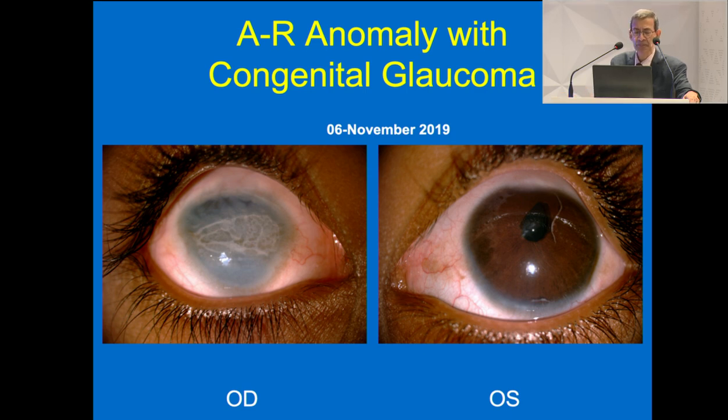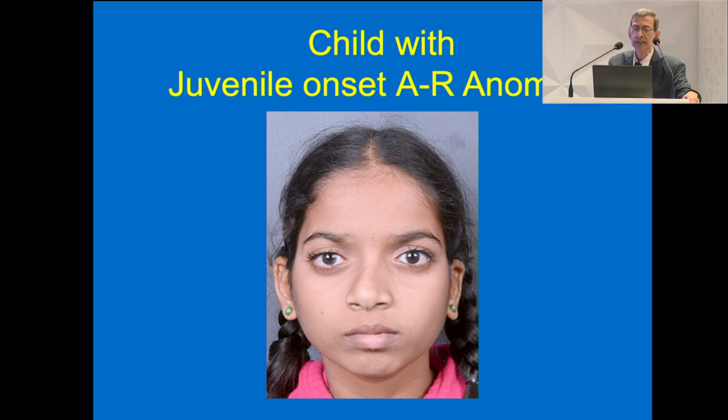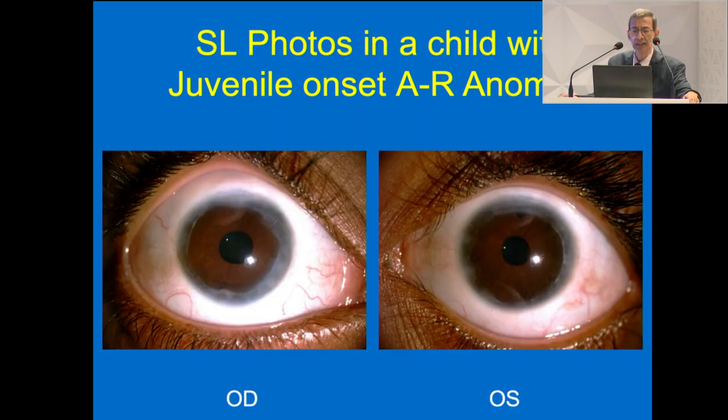It ended in phthisis. The moment we saw the patient in the clinic, we inquired immediately about the mother's eye, having clinical feature typical of Axenfeld-Rieger anomaly. Then I said, is there any other sibling? They said, yes, elder daughter is there. I said, you will be interested in seeing the elder kid. When she came, we saw here typical feature in the periphery of the cornea, and the gonioscopy revealed typical feature,